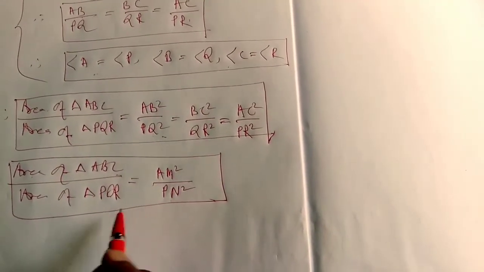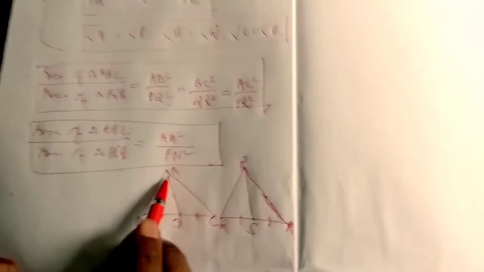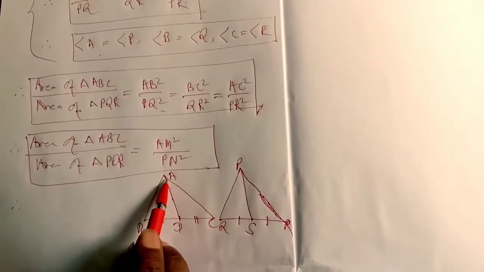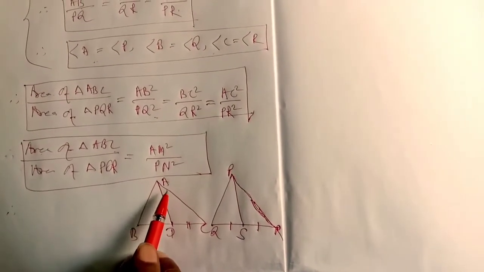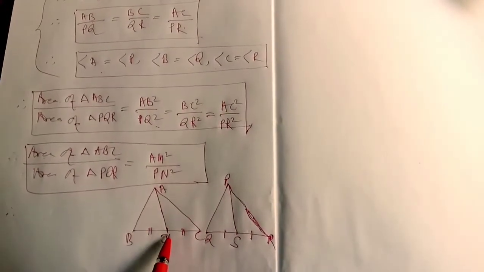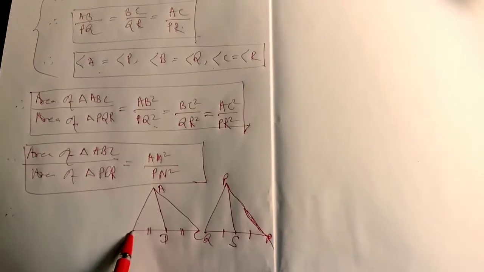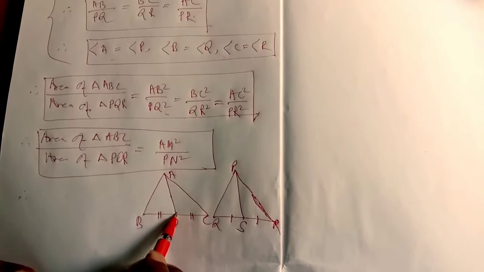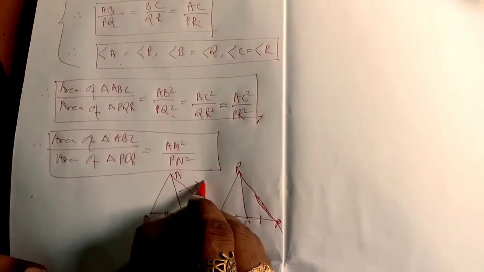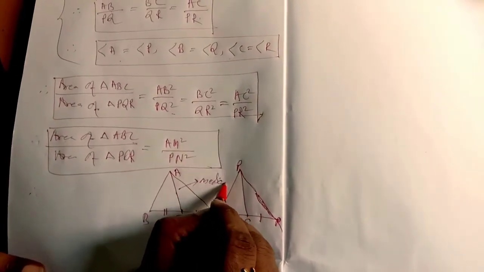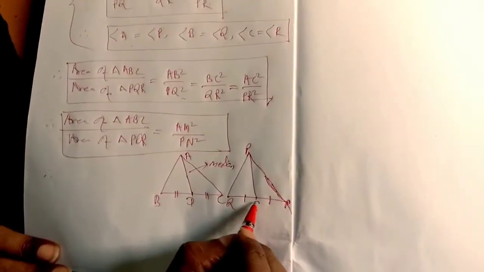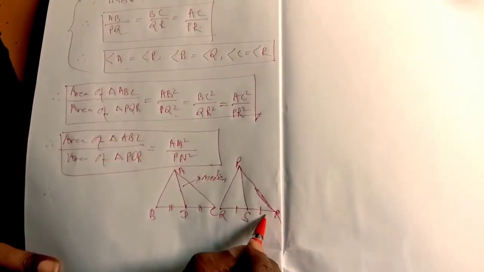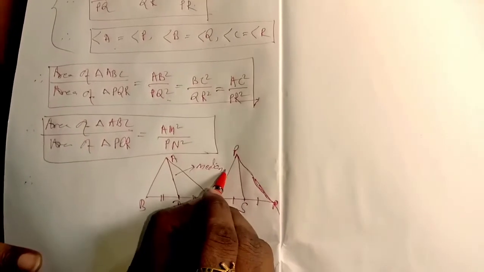Next you see the triangle. See, I am drawing another similar triangle again. Draw a triangle ABC, and again PQR. AD is the median. Median, you know what is median? Join the midpoint D of BC to the opposite vertex. This AD is the median. Same process: S is the midpoint of QR. PS is also the median.